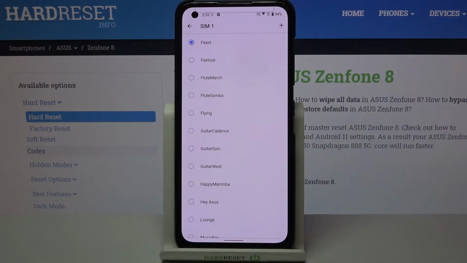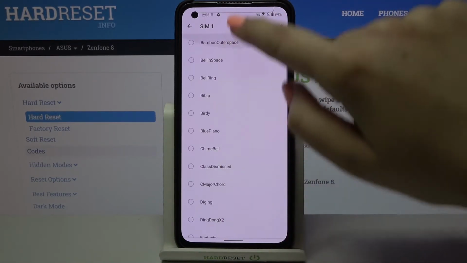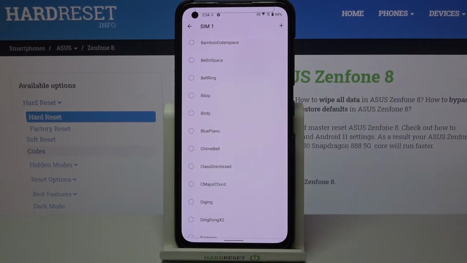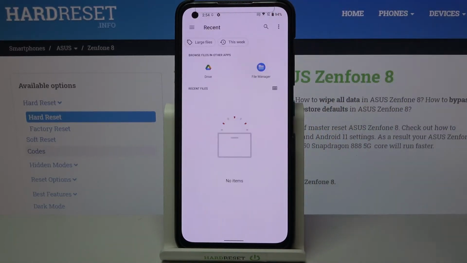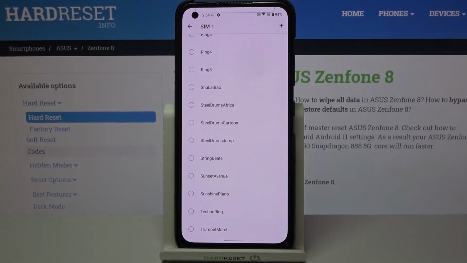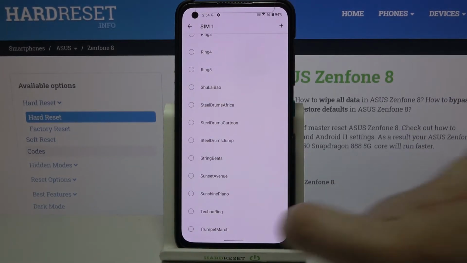It doesn't really matter in my case, and as you can see, we've just been transferred to the full list of all available defaultly installed ringtones from which we can choose. What's more, in the right upper corner we've got this plus icon, so after tapping on it we will be transferred to our own files, and if we will have any compatible ones, they will appear right here and you will be able to pick them and set them as a ringtone. But let me get back to the defaultly installed ones, and in order to listen how the particular one sounds, simply tap on it